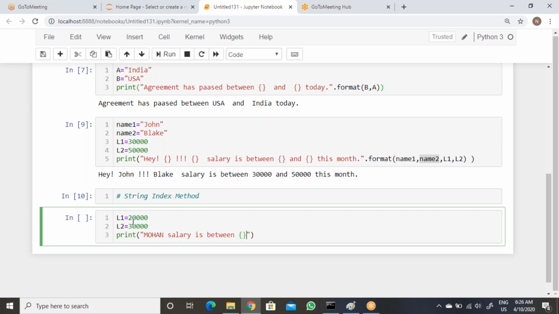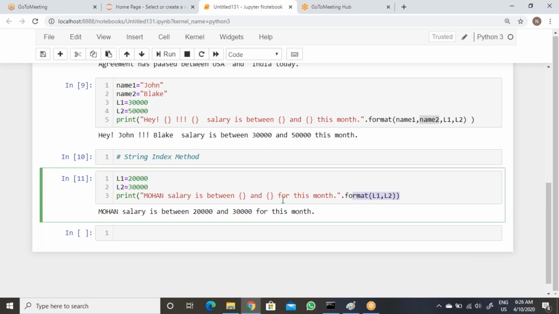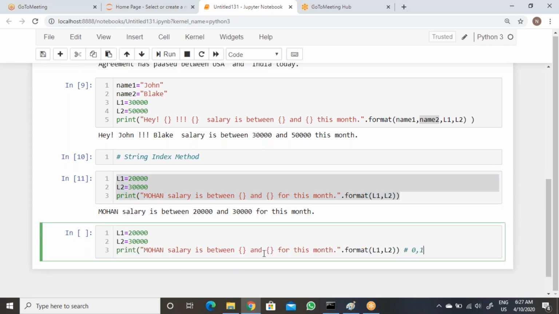Now print, you directly if you want you can write Mohan salary is between, or you can say placeholder and then this will be for this month. You can write any statement, that's up to you. Then dot format of, then you can say L1, then L2.